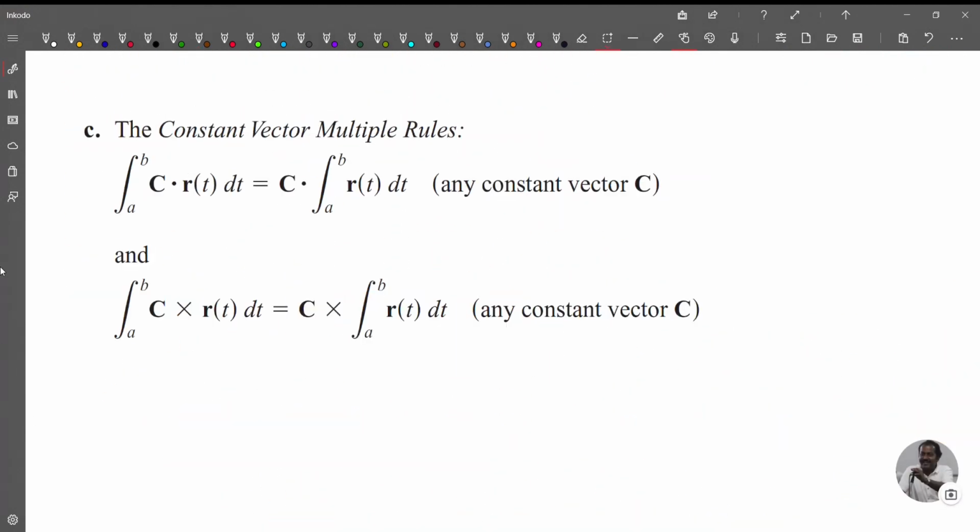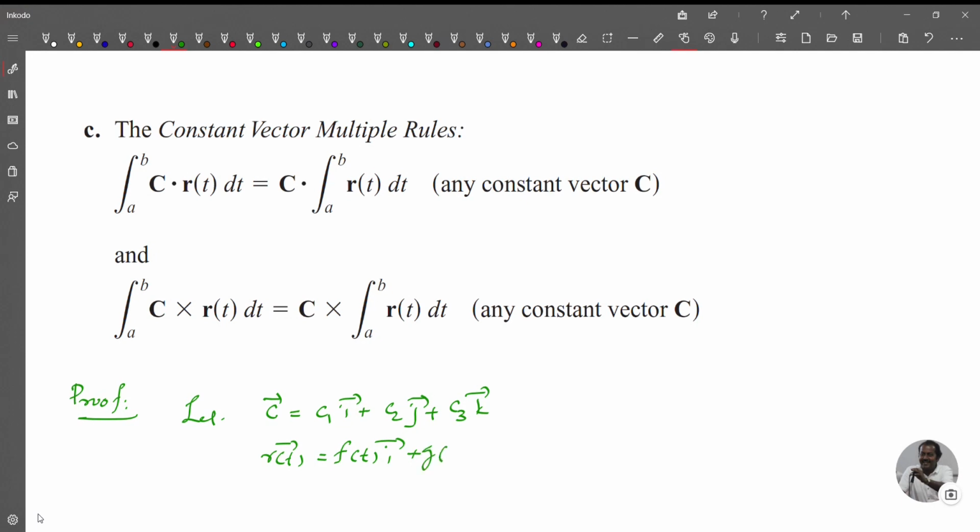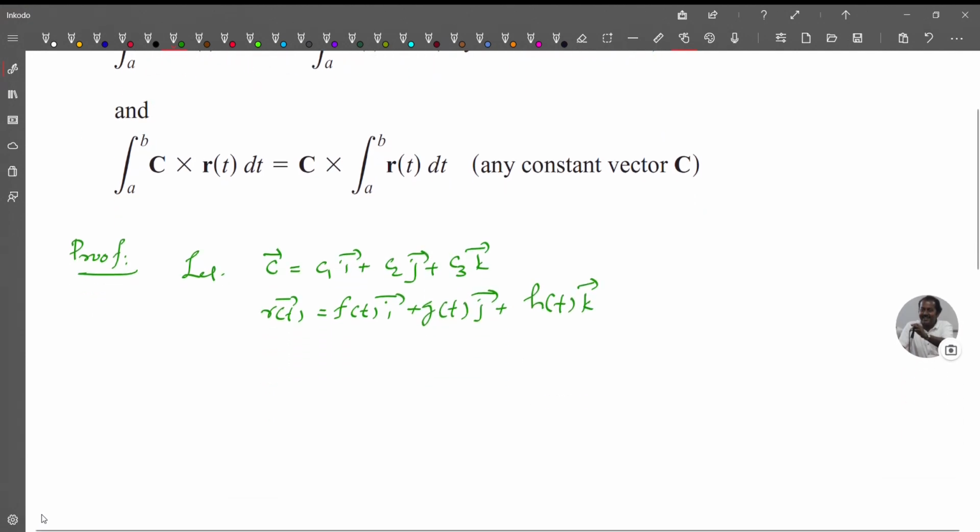Now we prove the constant vector multiple rules. First we prove it for the dot product. Proof: let C equal C1 i plus C2 j plus C3 k, and R of t equal f of t i plus g of t j plus h of t k. Then C dot R of t is